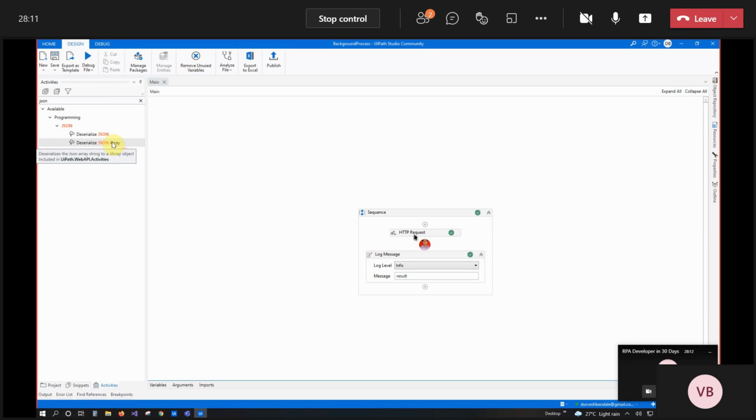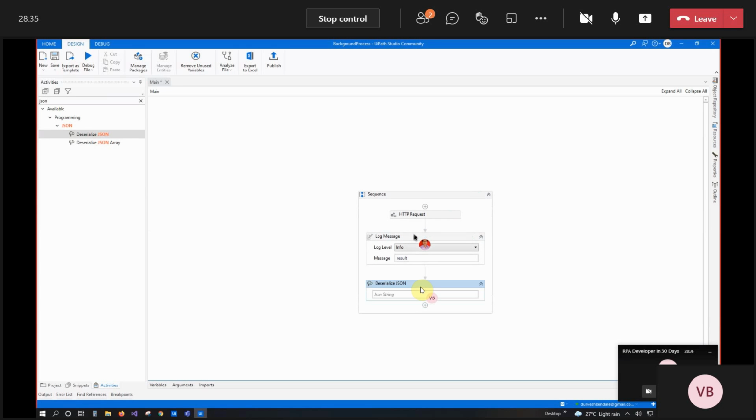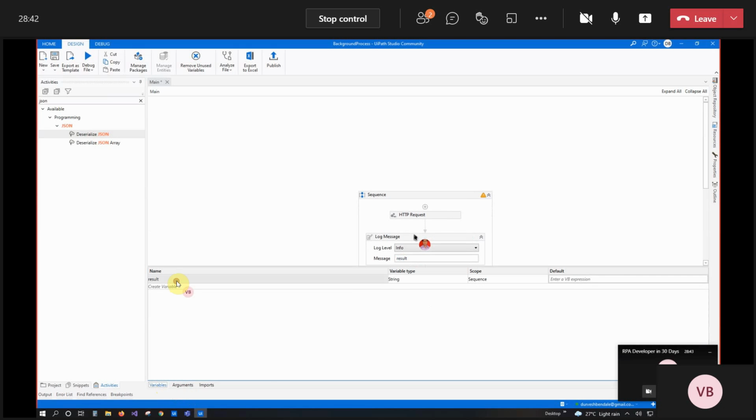In a JSON array, the value will have an array type key-value pair. Correct. So now the result is a JSON array or JSON? It's a JSON. Okay. So with JSON, we will bring in this one and we will add a JSON string. So the result is a JSON string. So what we will update it as